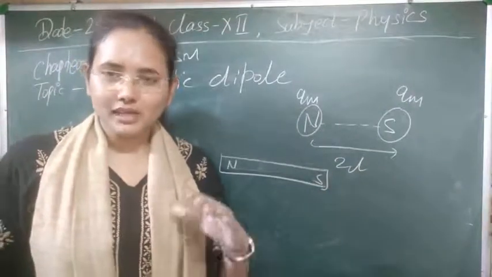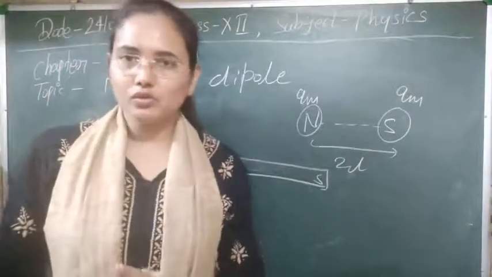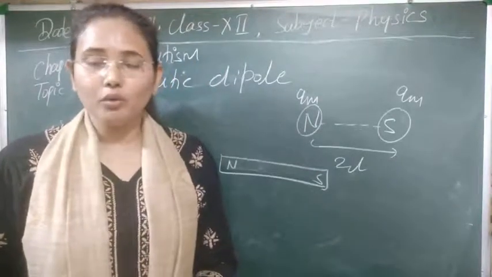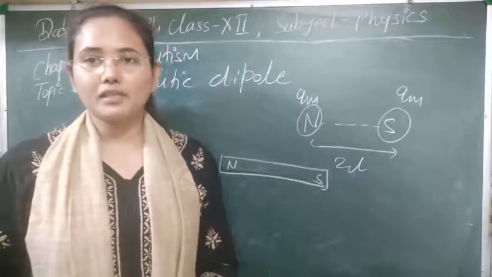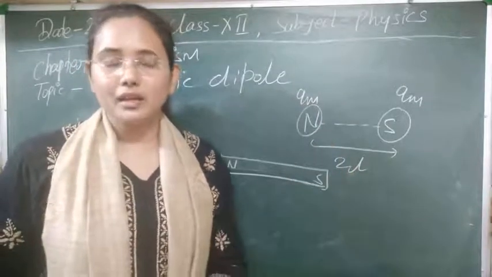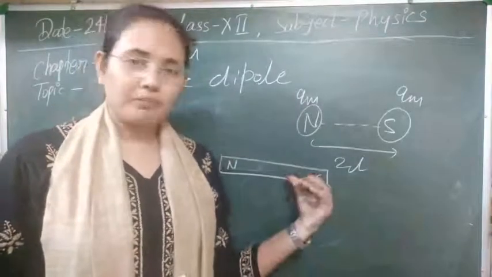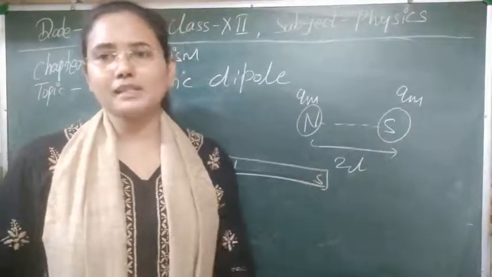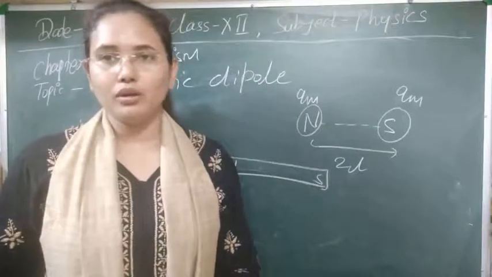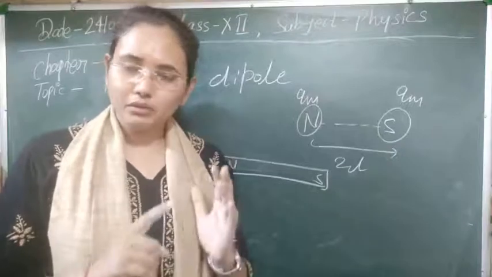Even if you cut any bar magnet, you will also get a magnetic dipole. One more thing: why are we not talking about the magnetic monopole? In electric charge, we first discussed the point charge, meaning one charge stationary or at rest anywhere, because due to a point charge the behavior of the electric field is possible. But here, whenever we cut a magnet into a number of pieces, we always get two poles; we can never get a single pole. So the magnetic monopole doesn't exist. Clear? You have to keep this topic in your mind.